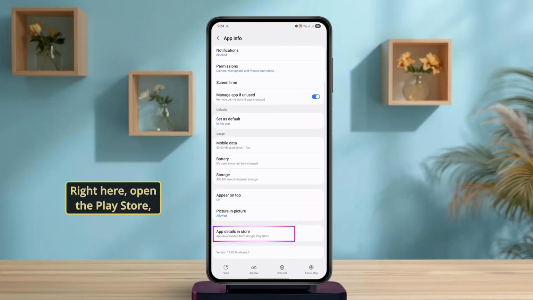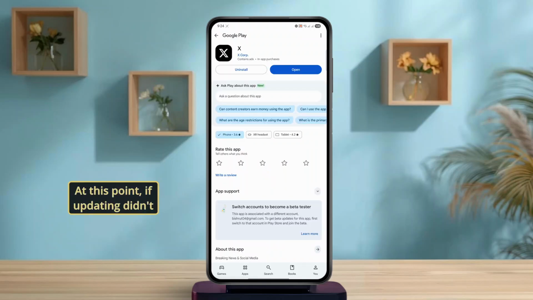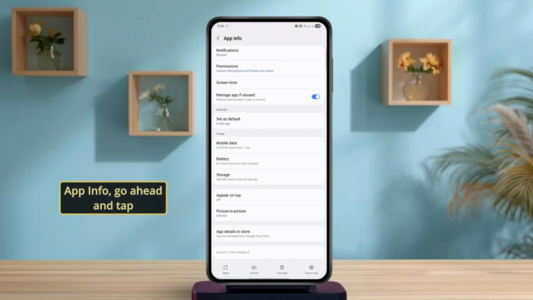Right here, open the Play Store, search for X, and install any available update. Outdated versions of the app are one of the most common triggers for this error. At this point, if updating didn't fix it, long press the X icon, tap App Info, go ahead and tap